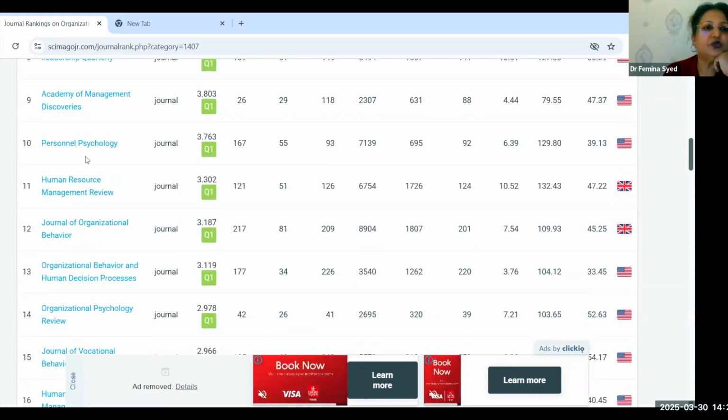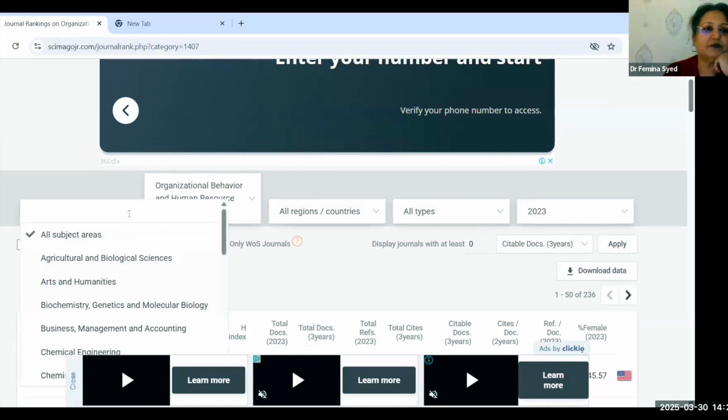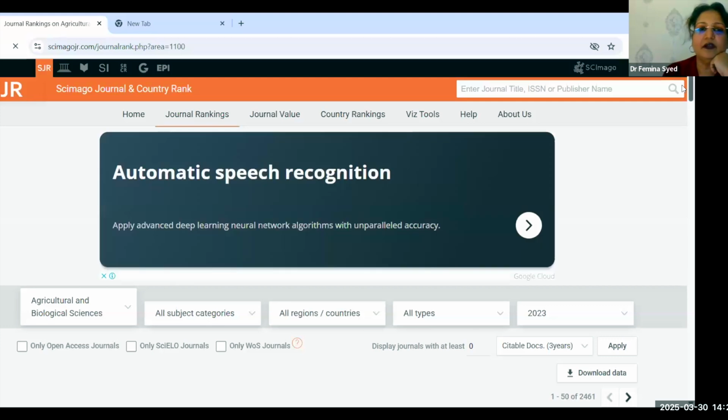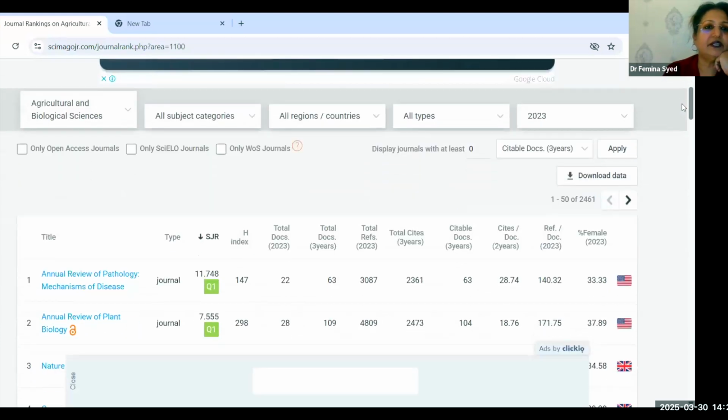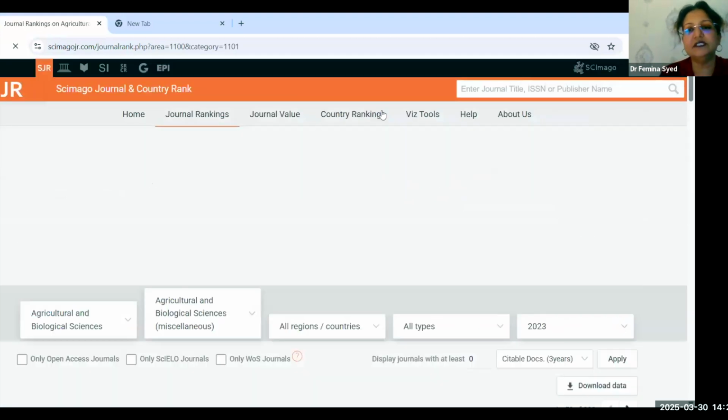Here it comes, Human Resource Management Review. It has got SJR ranking 3.302. So this is how you can search. Now here you can see different subject areas. If you want to search agriculture and biological sciences, you can click on that and you will get all the articles related to that. You can fill in all these details.